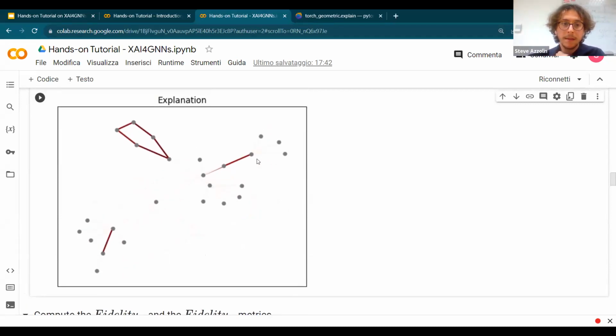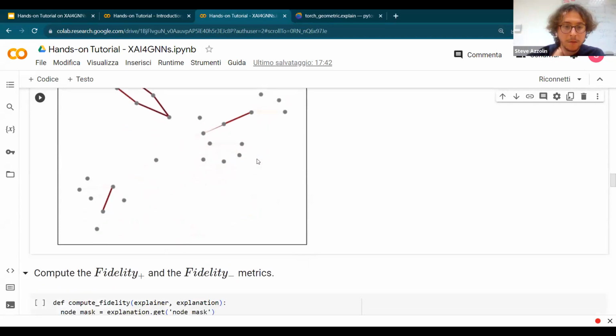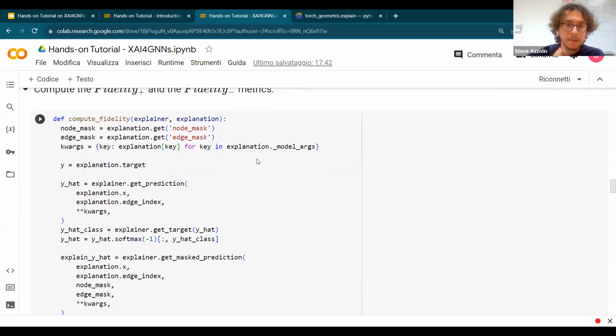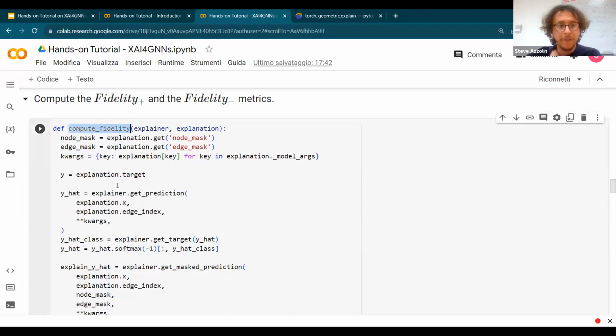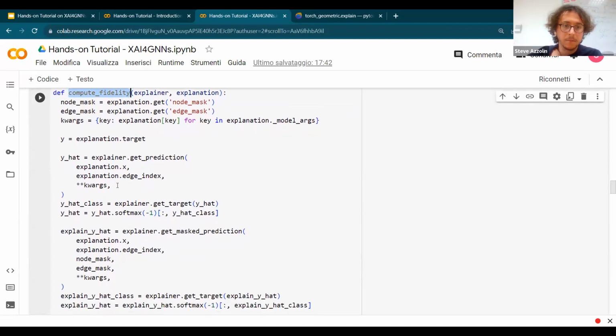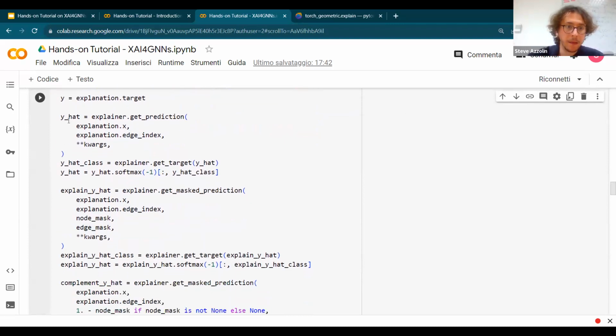Okay, so now we successfully extracted an explanation, and we can try to compute the metrics that we discussed above. Specifically, we will be implementing the fidelity plus and the fidelity minus. To compute the fidelity, I defined this easy function, which simply takes either the edge mask or the node mask, depending on what your explainer is giving to you, and first makes the prediction